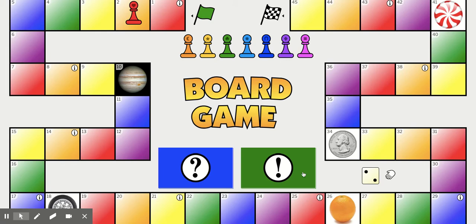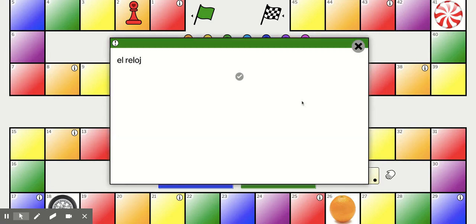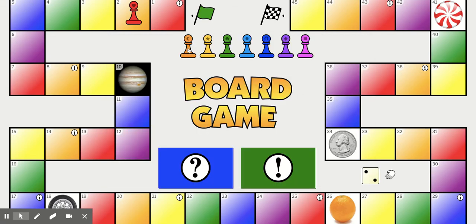But before they can move, they need to answer a question in the card. El reloj, that was clock or watch. That is correct. You click to check your answer, and then that game piece can move uno, dos spaces. Then the next student goes,